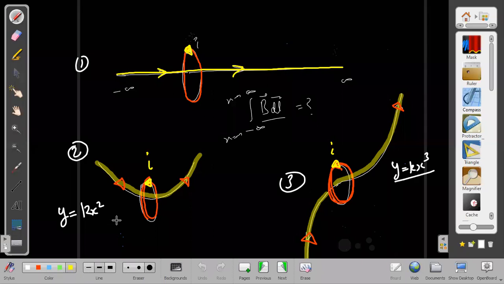Due to the current carrying loop, it will be like this: I into pi R square upon R cube, with mu naught upon 4 and so on. I don't have to worry about all these matters. I have to just think that it is inversely proportional to R cube. That is good enough. So K by R cube.